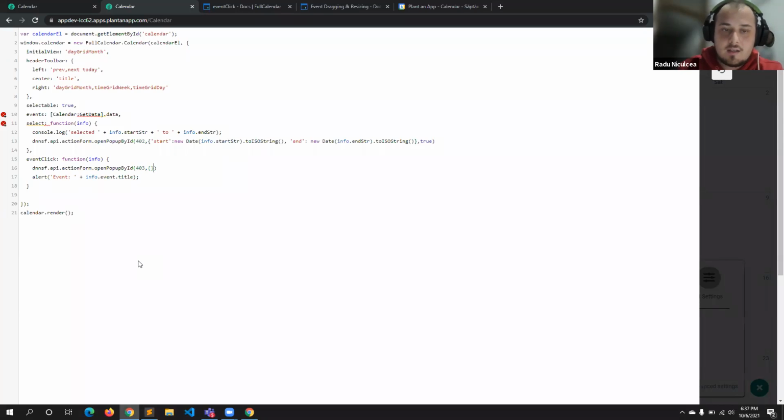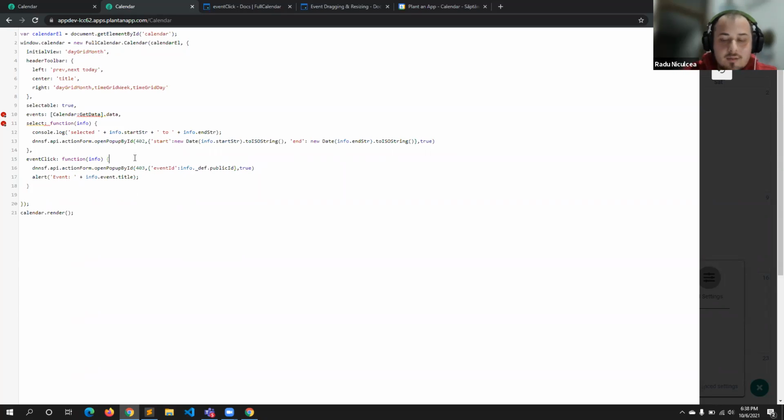It will be the value that I want to pass. So I want to send to the form basically the ID of the event that I'm clicking on. So to do that, I'm gonna say event ID, and this is gonna be equal to, and this variable is gonna be provided for me from the JavaScript calendar FullCalendar library. So info dot definition dot public ID. That's how it was.